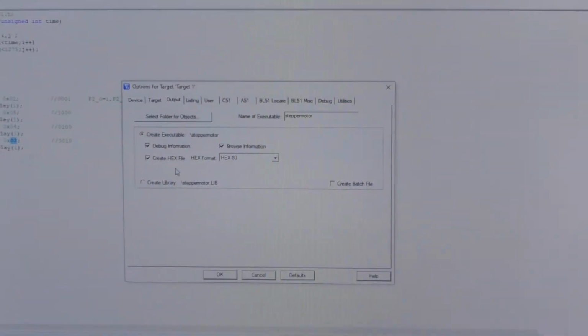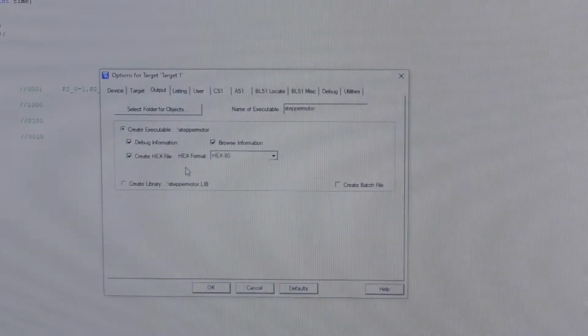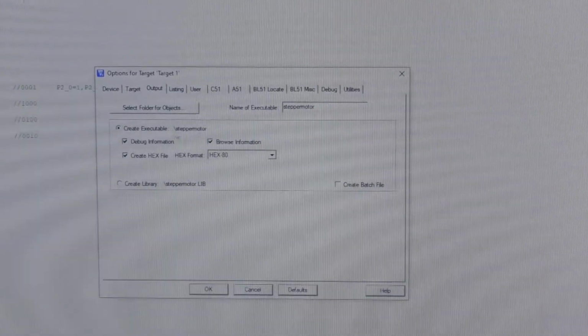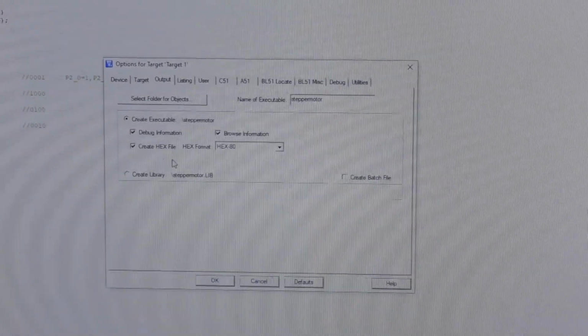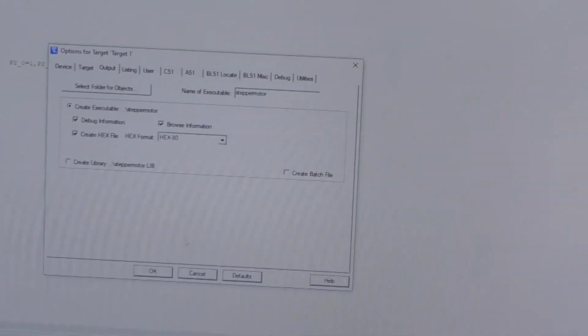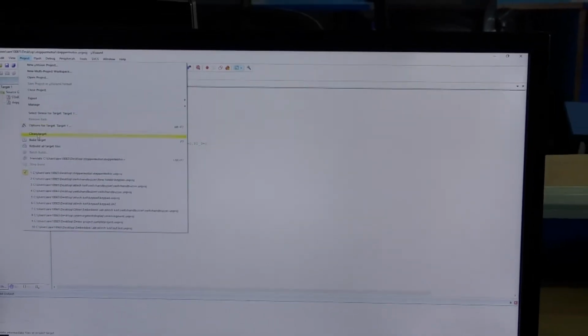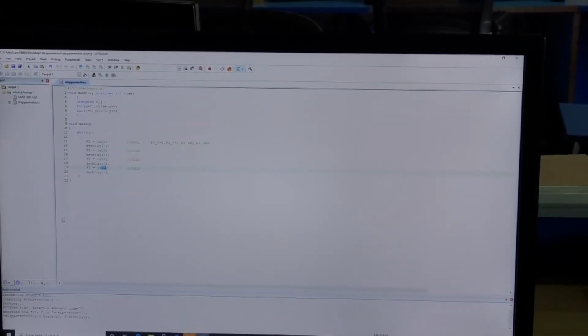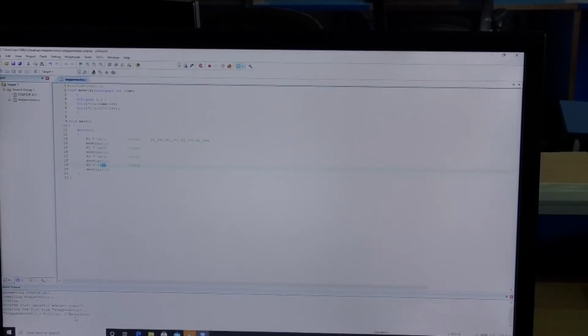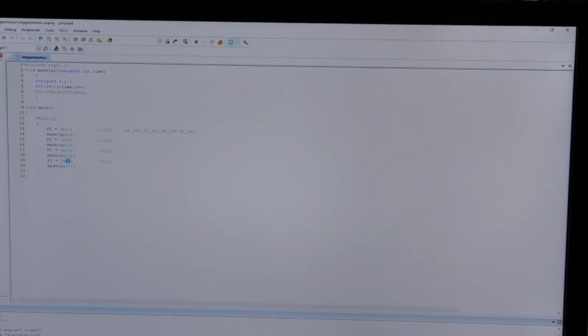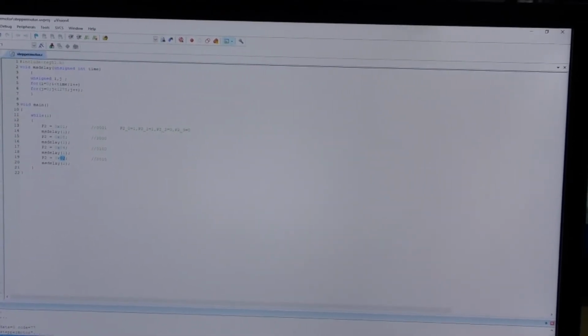Whatever hex file is created, we can dump it into the hardware, or we can also test this executable file in Proteus software. Click on OK. After that, go to Project and build the target. The program contains 0 errors and 0 warnings.